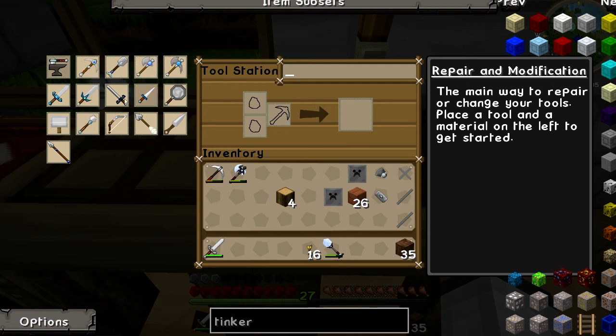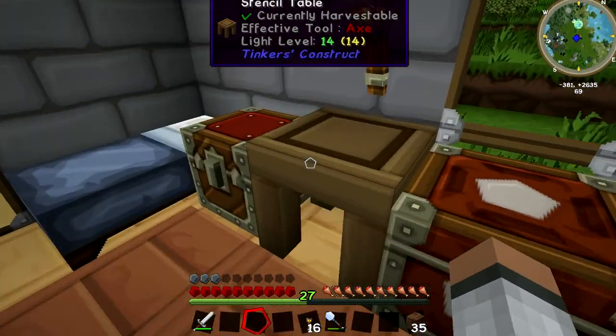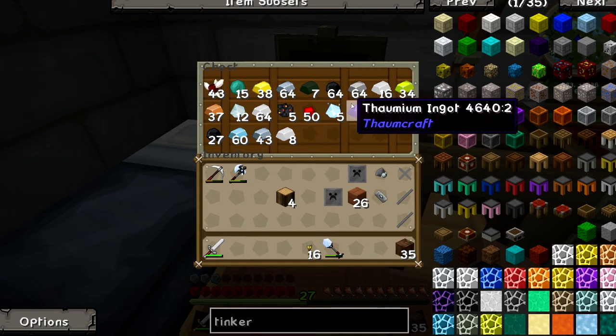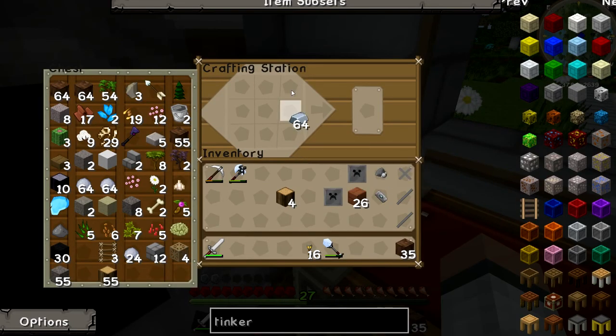Right, so pretty much we can't build these here yet because we don't have the tool station, or the tool forge, which is the iron one. I'm just going to have a look and see if we actually have enough iron. We should have enough iron to make the tool forge. So what we'll do is we'll make a tool forge quickly. What we do is we need